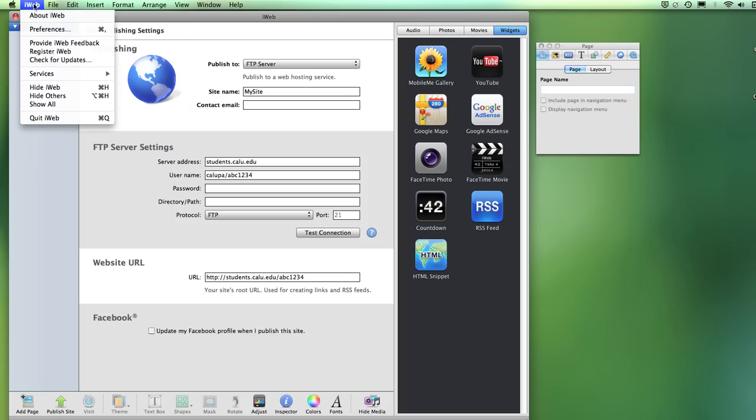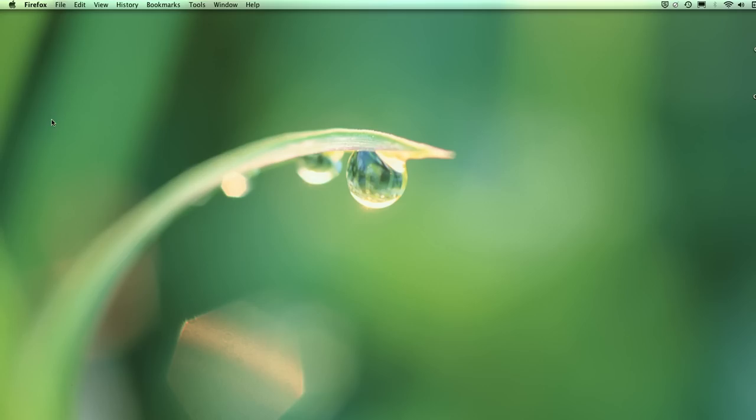Always, whenever you're going to mess with files, make sure the application that uses those files is closed. So I'm not just closing, but actually quitting out of that application. So I'm going to quit iWeb. I'm going to go back into my browser. So if I go into my Finder,